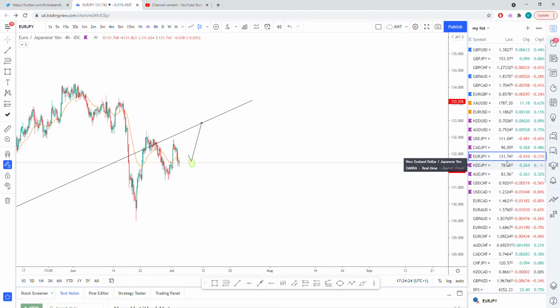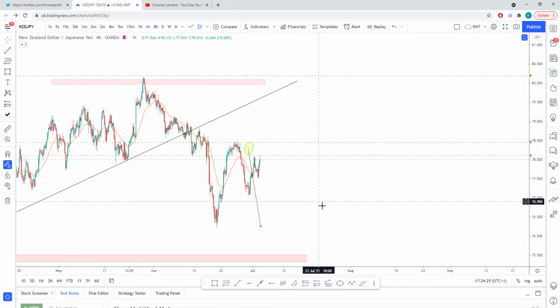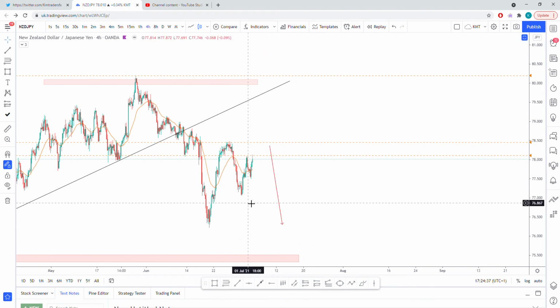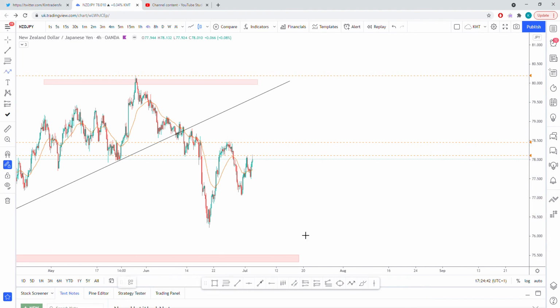So NZD JPY, similar kind of thing again. Let me get rid of this, but pretty much what we could potentially see is price make its way towards the upside, and then have that kind of turnover towards the downside, in which we could potentially be aiming back into 75.5, which is my original long-term bias. So we're definitely sticking to this long-term bias, but as you can see, as time's gone on,